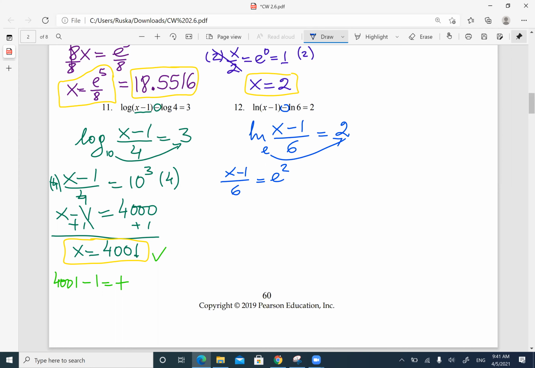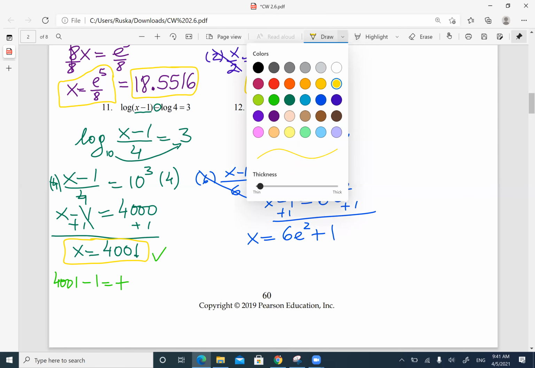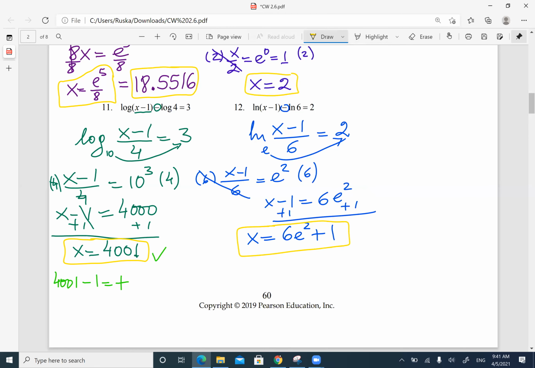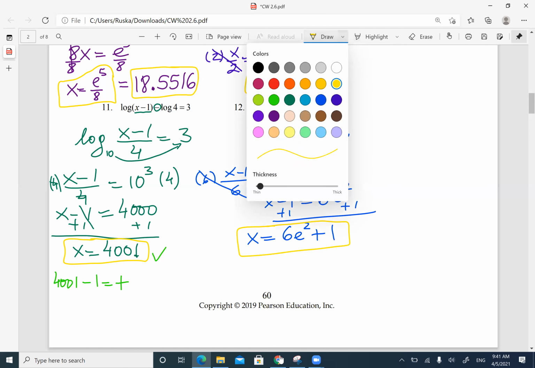Then you can multiply both sides by 6. So 6 and 6 cancel. So I get x minus 1 equals 6e squared. And then you're going to add 1 on both sides. And it's going to be x equals 6e squared plus 1. And this is my exact solution. If they want the exact solution, that's it. If they want me to round it,